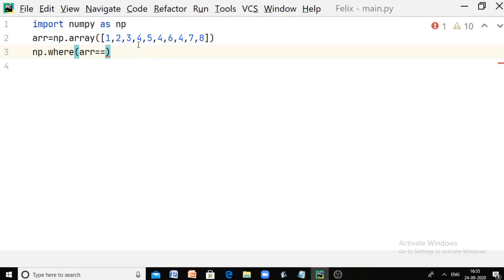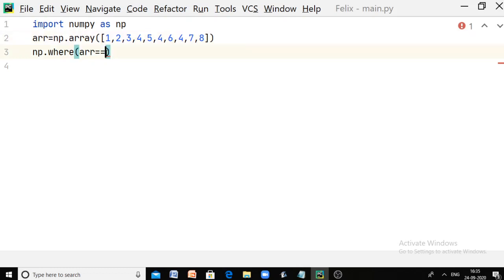Here I want to search the places where the element 4 is available. In this sample array there are 3 places where this 4 is available: at index 0 1 2, then 3, then 4, then 5, then 6, then 7. So 3, 5, and 7 are all the indexes of the element to search for in the given array.